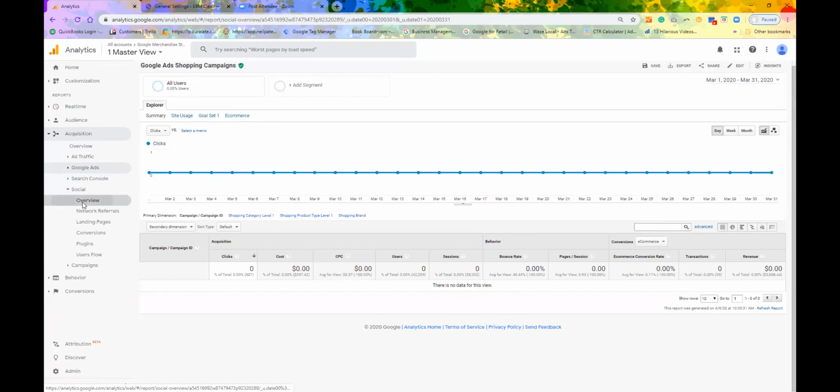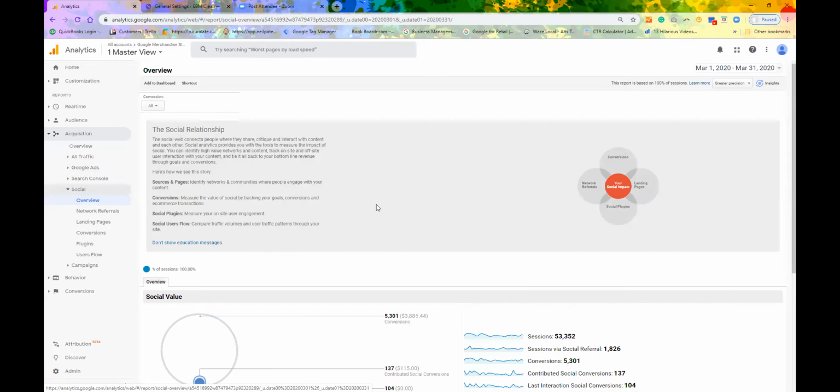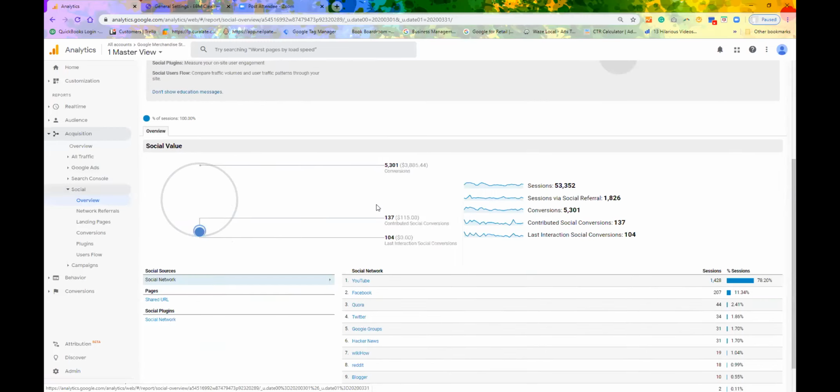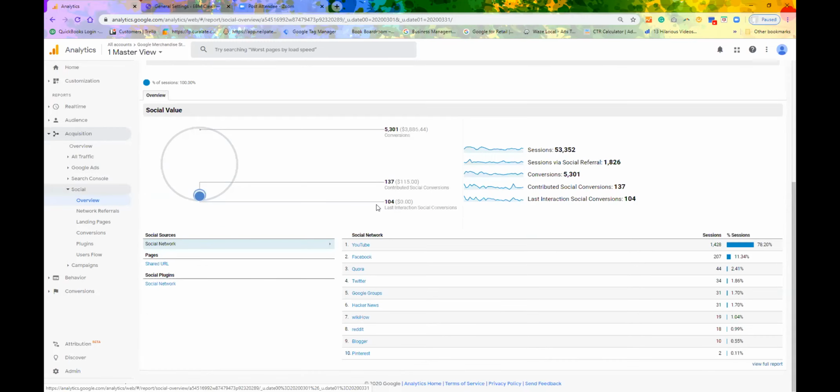Social is also important because some of you run social media campaigns. Well, that campaign has to translate into an action on your website. And how do they translate into an action on your website? That's very important. If you have run a video on YouTube and you have ads on Facebook and you